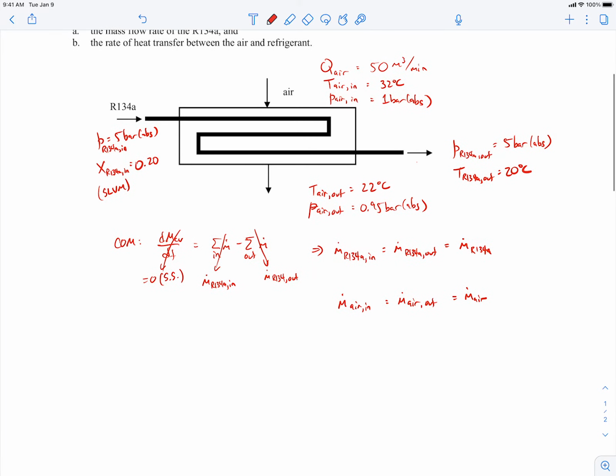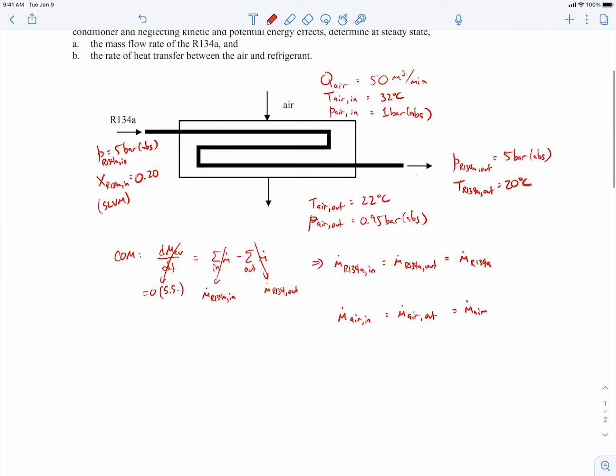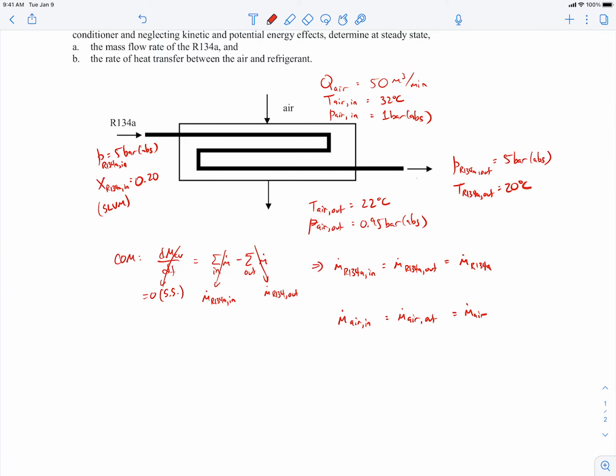Okay, so it's the same kind of conservation of mass analysis. All right, so that's what conservation of mass tells us for each individual component. Now let me go ahead and apply the first law. Let's just see what that gives us. By the way, just so you know, we're trying to find the mass flow rate of the R134A, and the